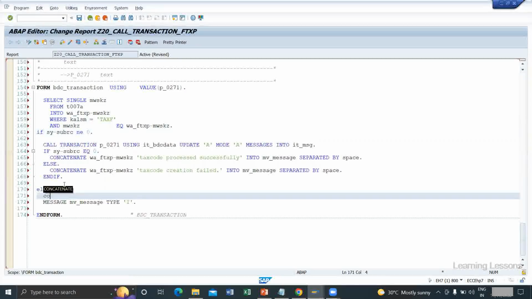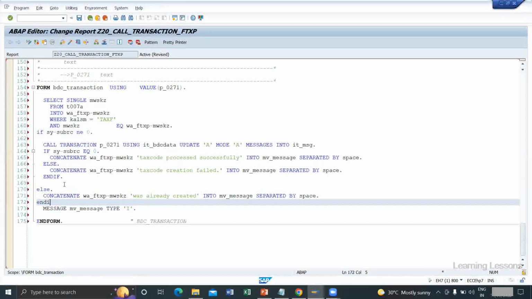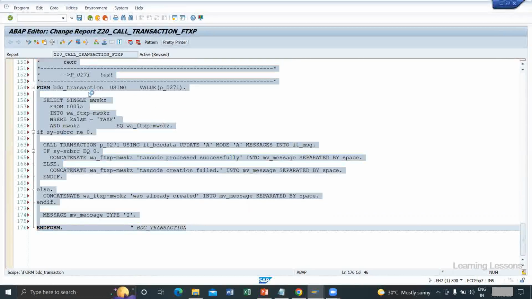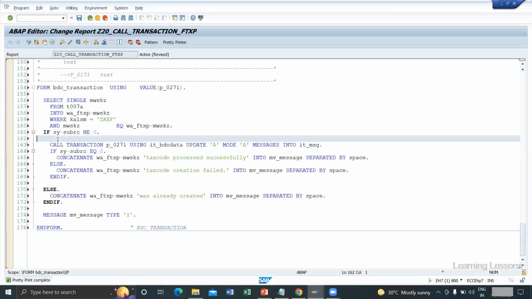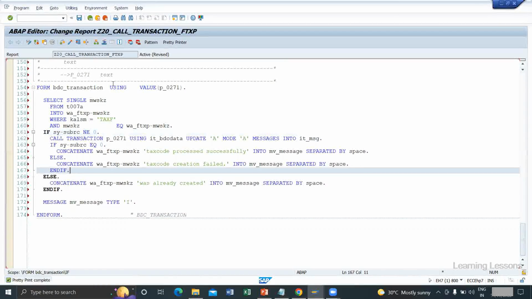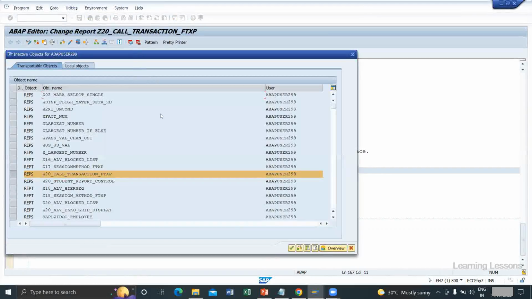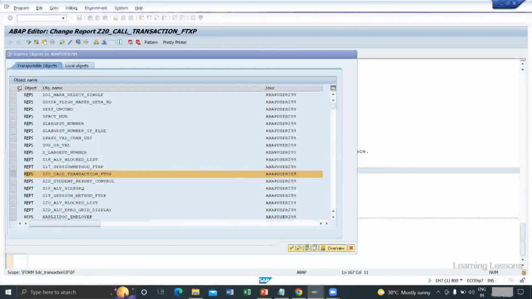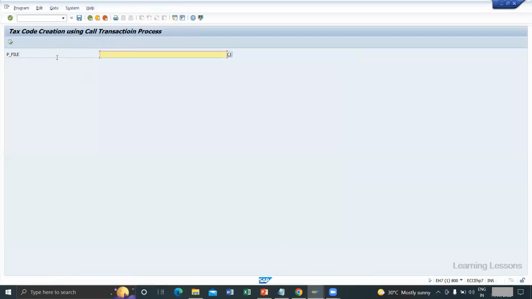we have to write a message here again. Concatenate OK, FTXP-MWSKZ was already created. Understood, yes? We have to validate. These are all master data validations. When we are processing something, we have to check first whether it is already created or not in the standard tables. If I execute now,